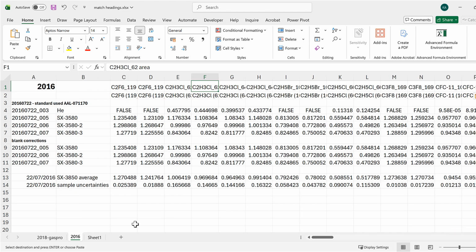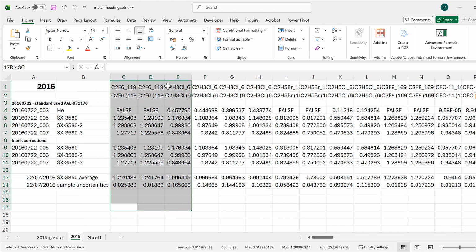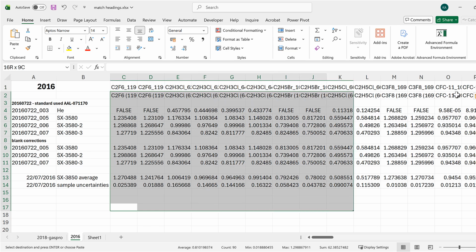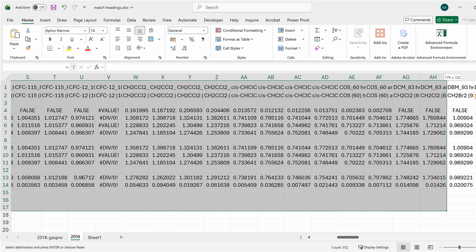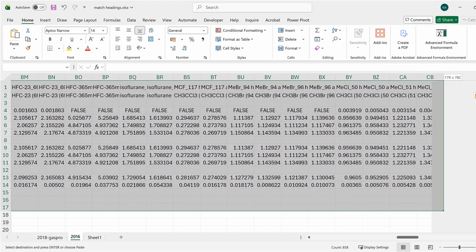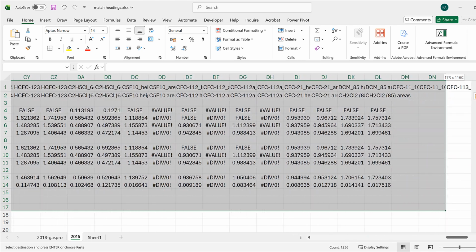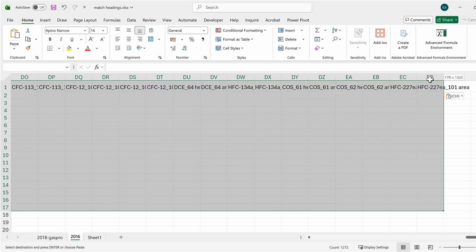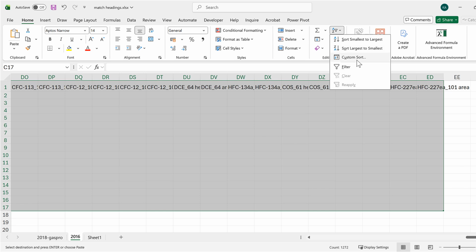The next thing that I'm going to do is select all of this table except for the first two columns, because I want for them to stay where they are. And I'll drag this across, making sure to include all of the extra headings at the end. Then I will go to Sort and Custom Sort